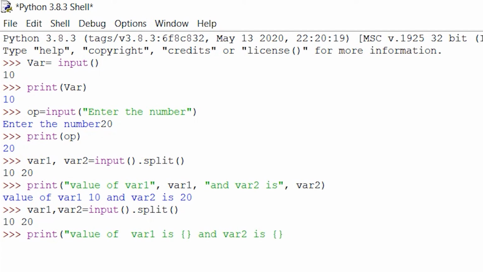Now you have to use the dot format function and pass the values. So let's end this string here, format of var1 comma var2.